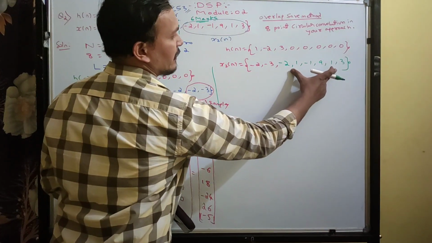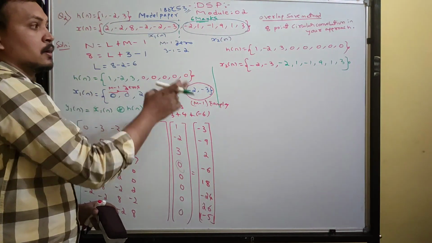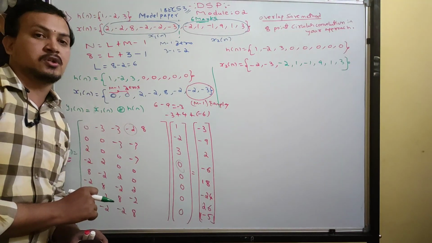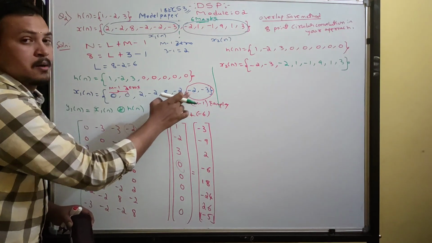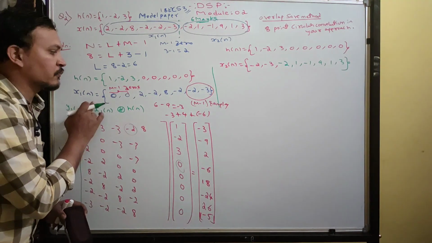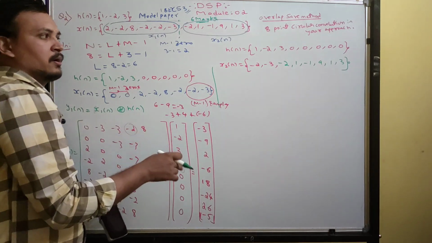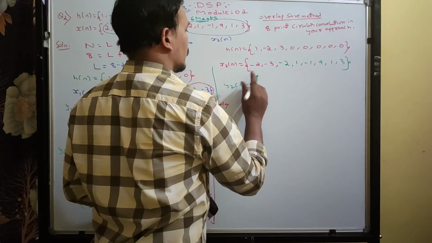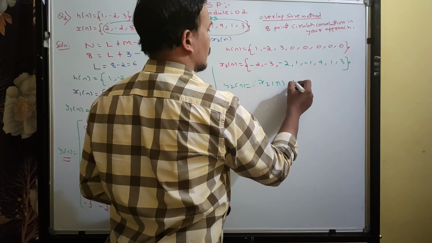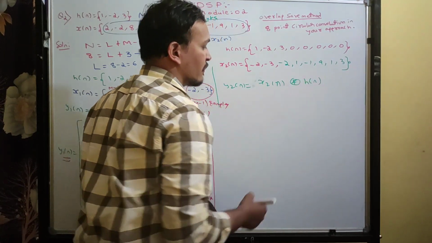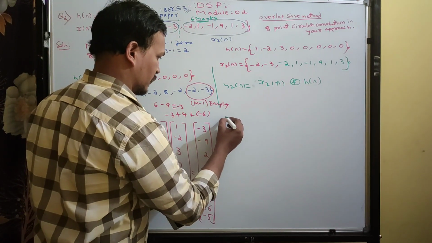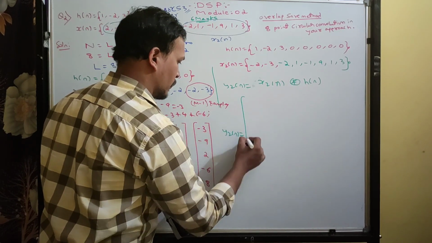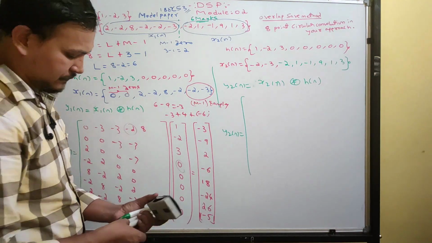So, where did I get this? From the overall input. But before writing that, you must write m-1 samples of the previous input. What is the previous input? This. But for this one it is the starting, so therefore we added zeros. Okay, got it? So now y2 of n. y2 of n is equal to x2 of n circular convolution h of n. Now again the same shift you should do. Okay, do it properly.